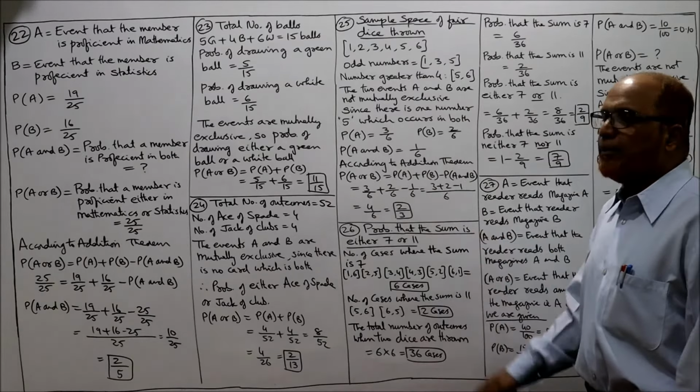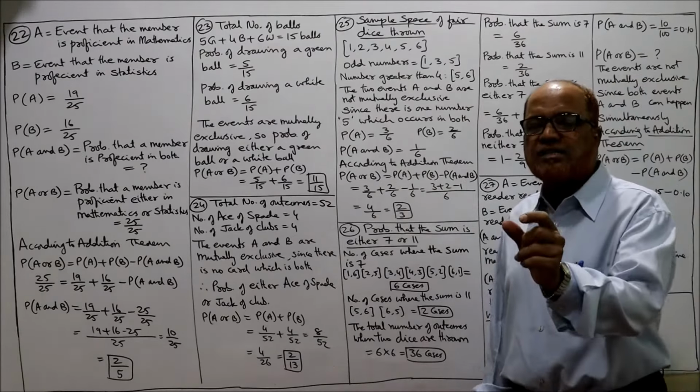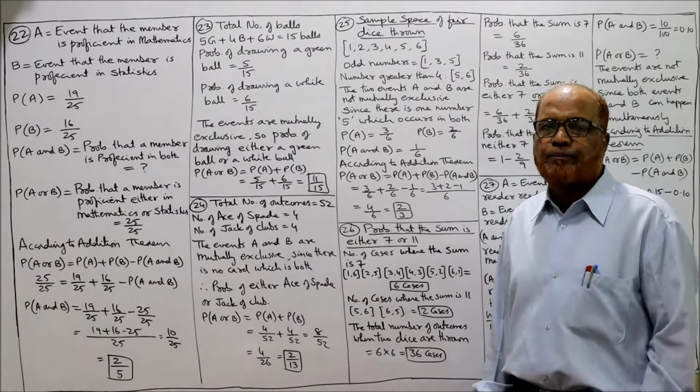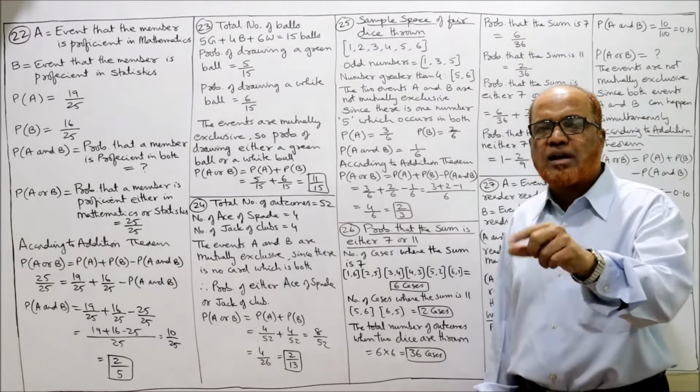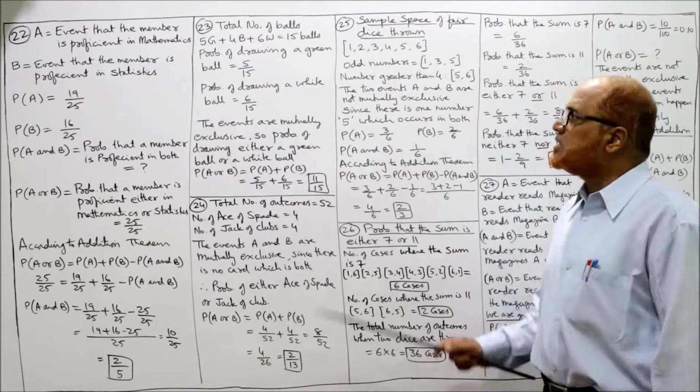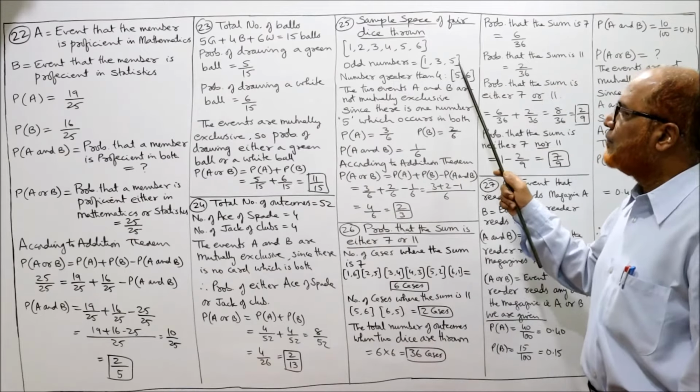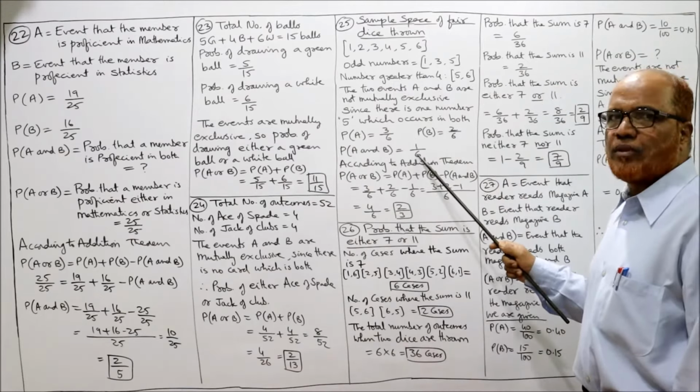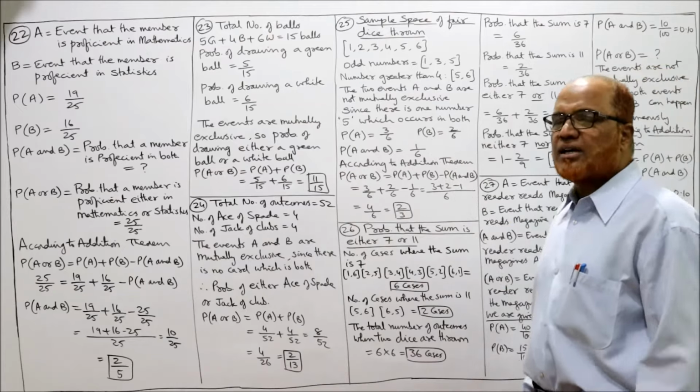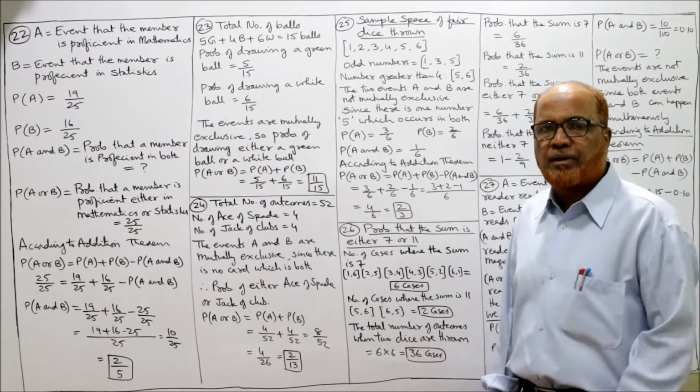P of A and B. A and B का मतलब ऐसा नंबर जो कि दोनों में भी रहना, यानी ऑड नंबर्स में भी आना, ग्रेटर देन 4 में भी आना. यस, वन नंबर इज देयर, 5. तो 1 by 6, पूरे नंबर्स में एक नंबर ऐसा है जो दोनों में भी है, ए में भी है, बी में भी.